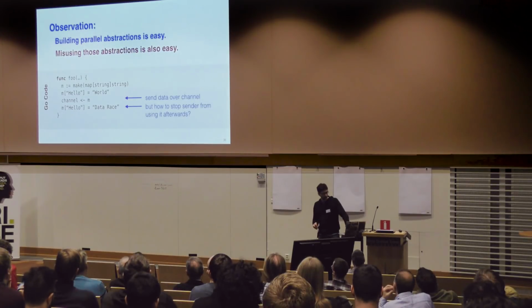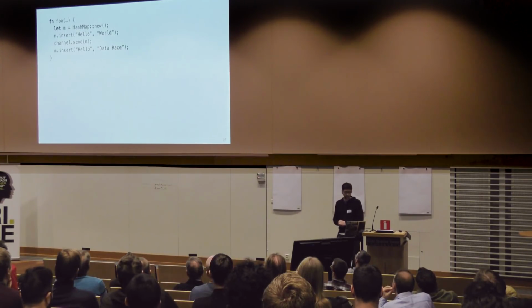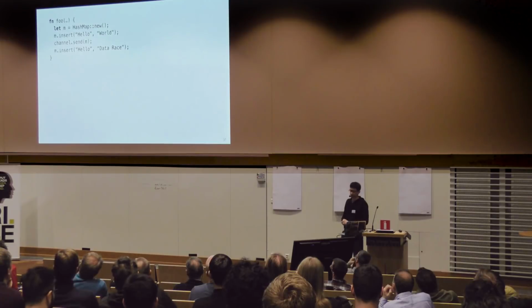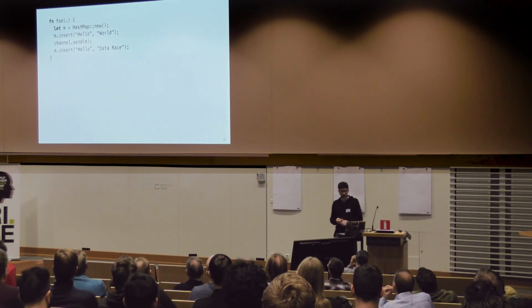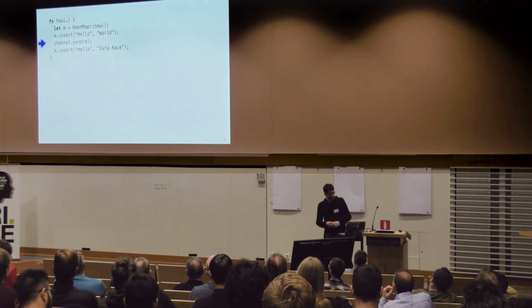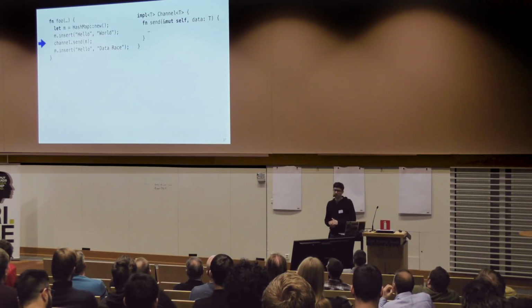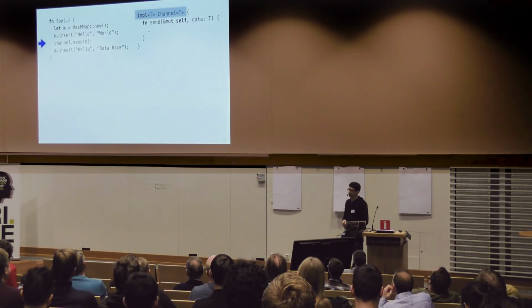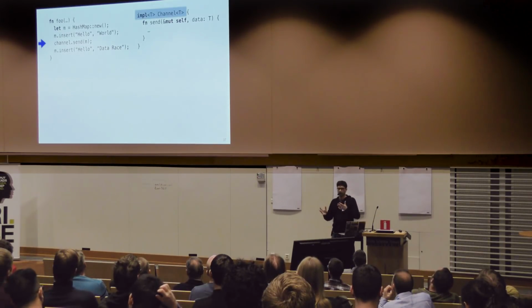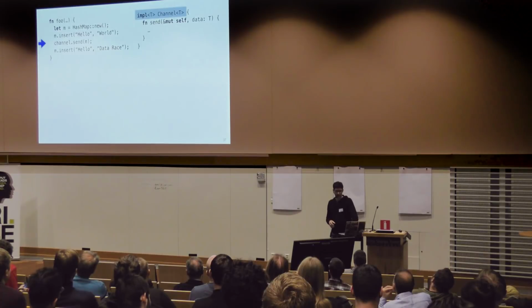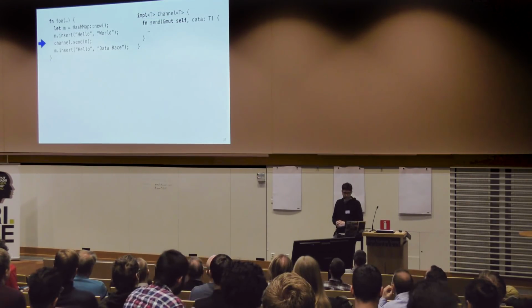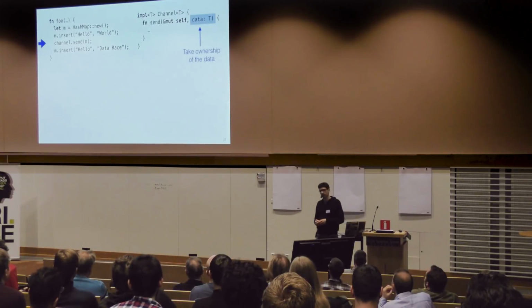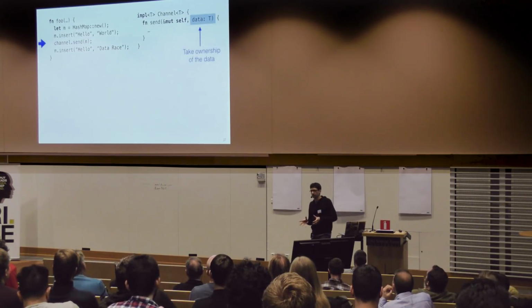So what we do in Rust is a little bit different. This is the same code translated. It creates a hash map, it inserts it, it sends it over the channel. But when you look at the definition of the channel, here's the send method on channels. You see, first of all, this is a method. It's defined generically over a channel of some type T. That's the kind of data that goes over the channel. And the key part is here. This parameter is going to take ownership of that data.